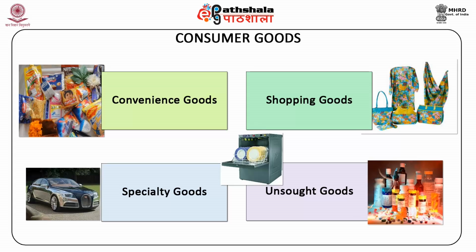First, unsought regular products. These are goods which exist in the market and are known to consumers but are not purchased by them in the normal course of time, such as medicines, life insurance policies, etc. Second is the unsought new products. These products, which are new to the market and consumers do not know about them or have some misconceptions about them. Therefore, they won't be purchasing them unless they get full information about the product. For example, smoke detectors, automatic dishwashers, etc.